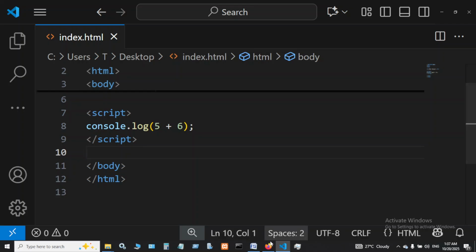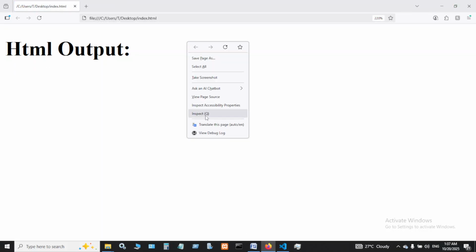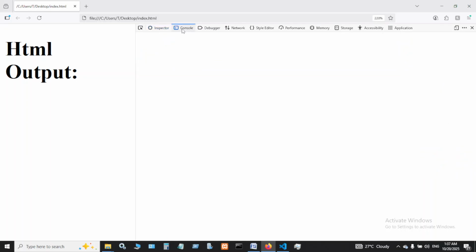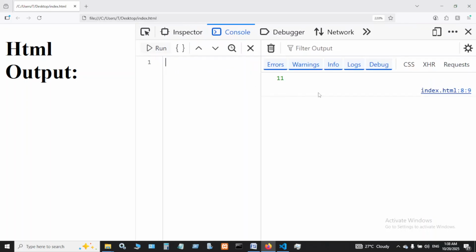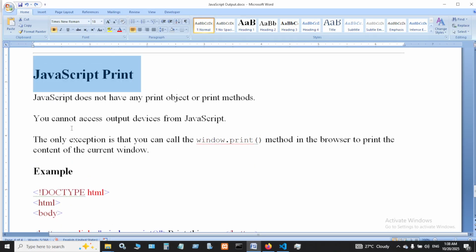When I save it now and reload my document, can you see we don't see anything? But when we check our console, we go to inspect and we check this console. As you can see, we are able to see this 11 right here. So I want to show you that, and again, there is one function right here. This is the last, not the least, I want to show you for now, because we are still getting towards